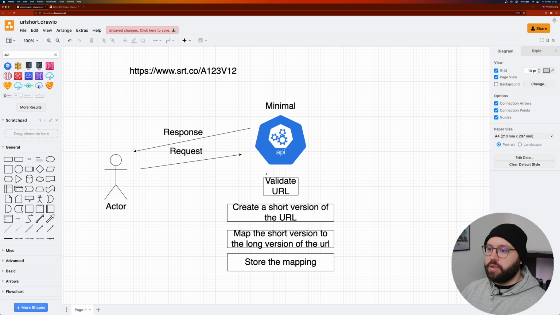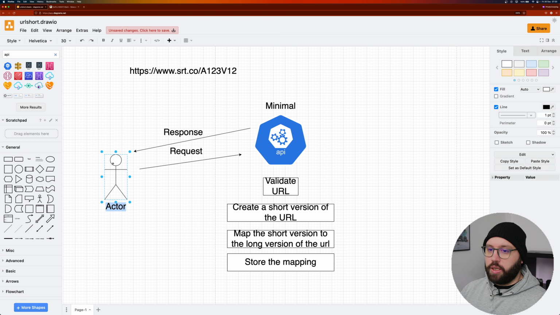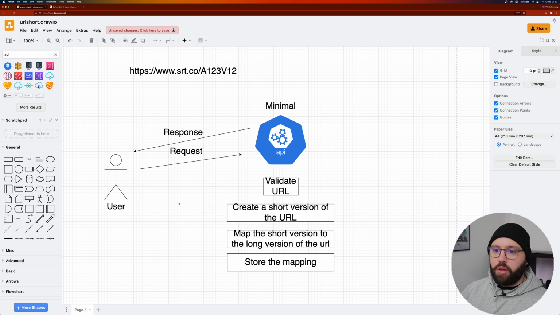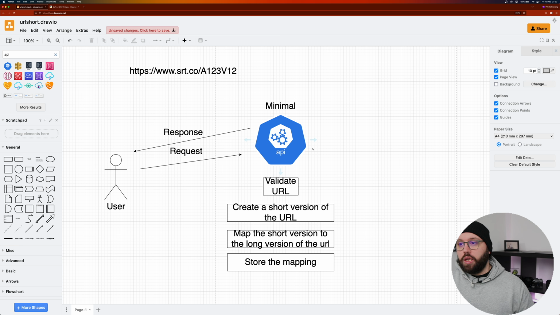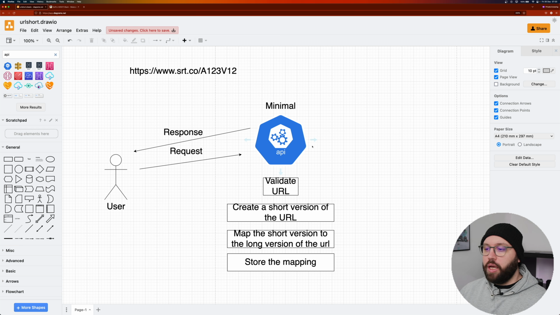And that's basically it. So a user, it's not an actor, so we put a user. The user will send a request to our minimal API. Once our minimal API has received it, our application will validate it, make sure it's a valid URL. If not, it's going to send a bad request. Then once the validation is done, it's going to create a shorter URL. Then we're going to do a mapping where we store all of this information inside our SQLite, and then we're going to return this information back to the user. So now that we have explained what a URL shortener is, let's get started and actually create our